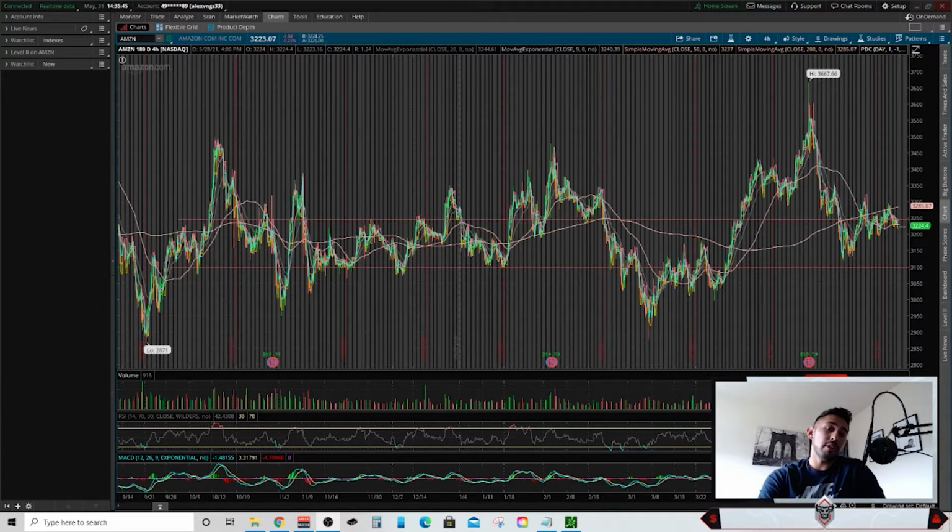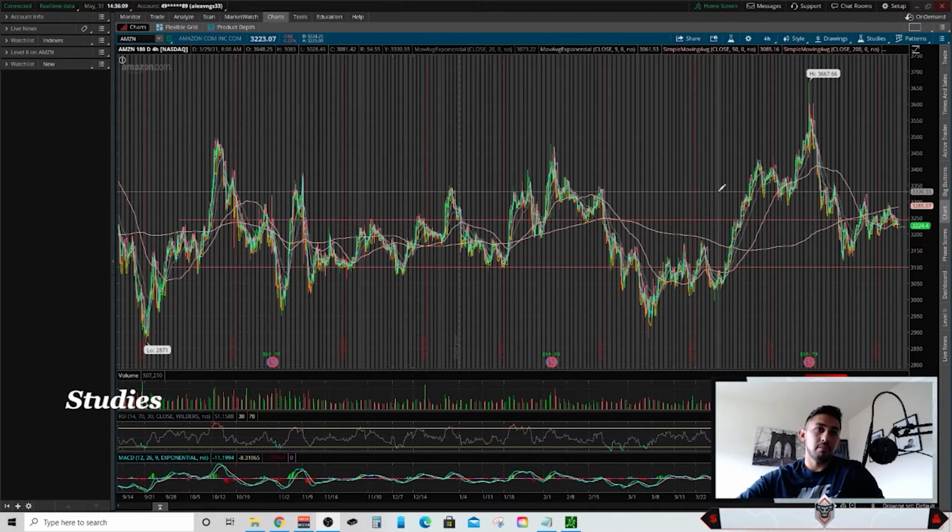Okay, so the fifth and final style of support and resistance, in my personal opinion, because there's probably different styles that other people take into consideration, but these are the main five for me. The fifth one is just our studies, what we use on our chart. And this will vary depending on your style of trading or what you like to use on your chart. But usually I use the moving averages.